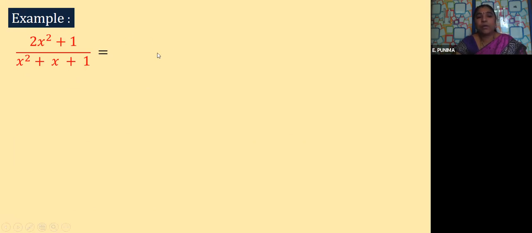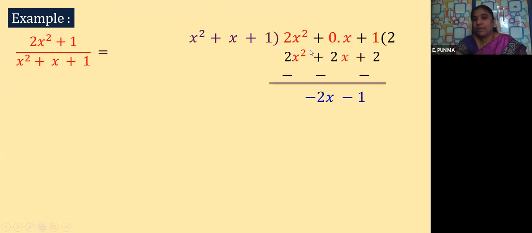Now here, what can you do? Because it is an improper fraction, first it has to be divided. So you know the long division method which you learnt in school level. So let us see what it is. Now here the numerator is our dividend, 2x square plus 1. Because there is no x term, I am writing here 0 into x. So 2x square plus 0 into x plus 1. What is the divisor? That is our g of x. That should be the divisor, x square plus x plus 1.